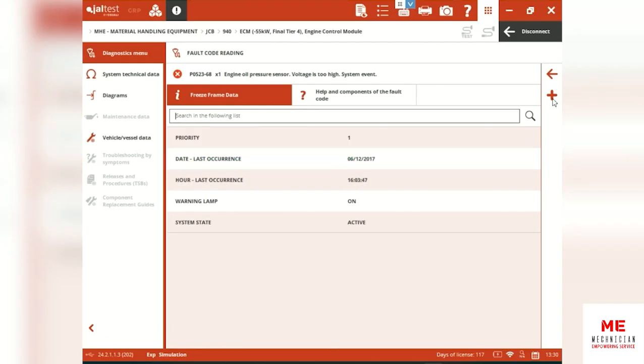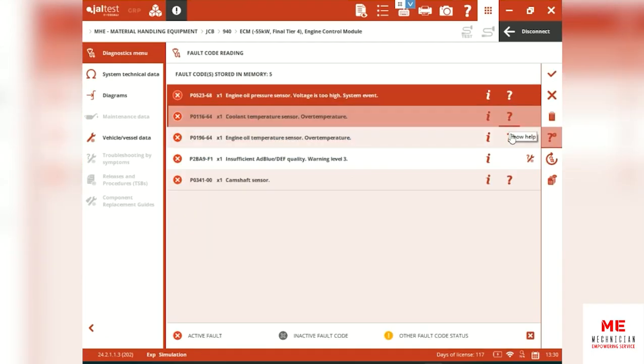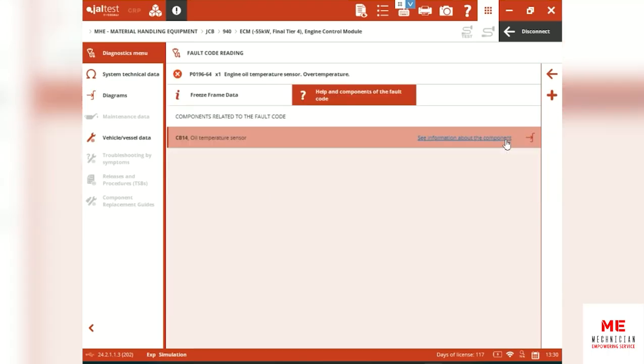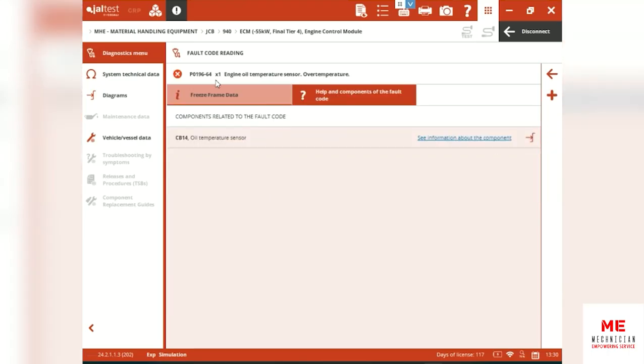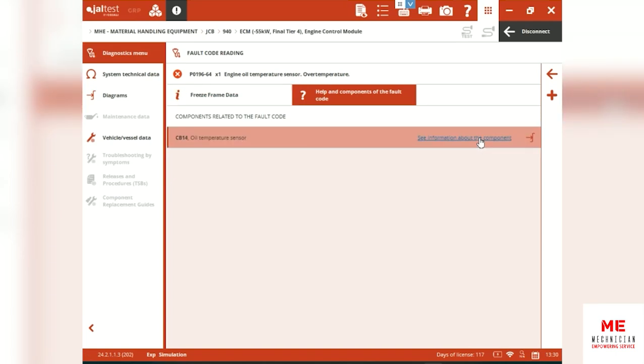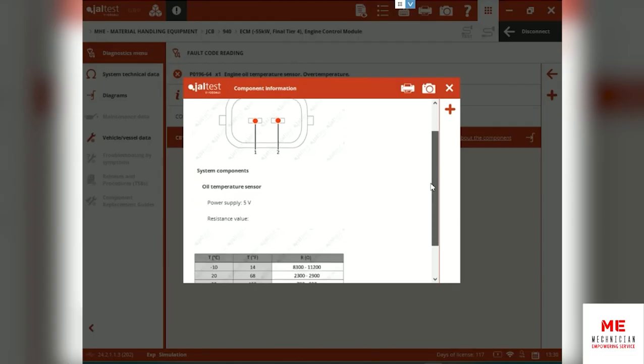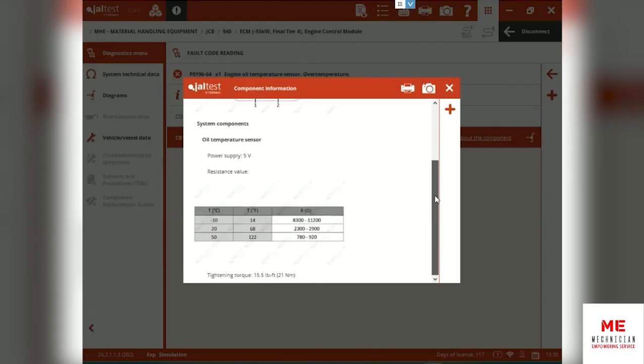the priority too. Let's go back, and when you have the question mark, it's actually more like help. That means it will take you to technical data. So for example, on this fault, it's engine oil temperature sensor. There's an over temperature. It takes you right directly to the component on the technical data side, and you can see an image of the part, and also the pinout, also the values related. So it gives you the resistance value that it should have,